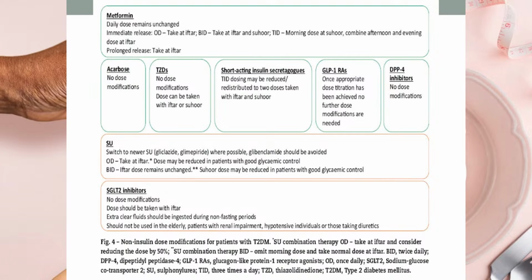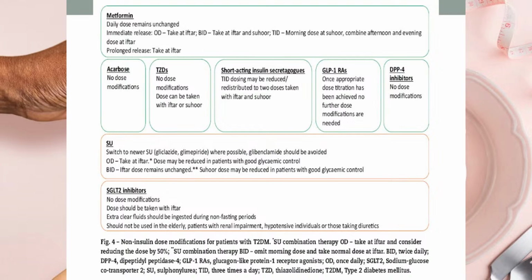Now let's come to the almighty sulfonylureas. It is advised that you switch to the second generation gliclazide and glimepiride where possible. And please, let's stop using glibenclamide. I have stopped using glibenclamide. Any patient I see who is on glibenclamide, I stop it, especially when they are elderly, because it has a very high risk of hypoglycemia. So if you are on a once daily dose, it is advised that you take it at iftar. And if on a BD dose, you can maintain the BD, but you could reduce the suhoor or the morning dose just a bit,